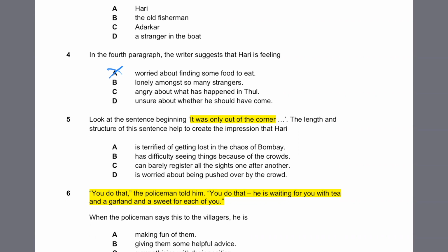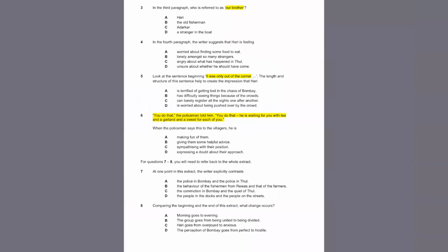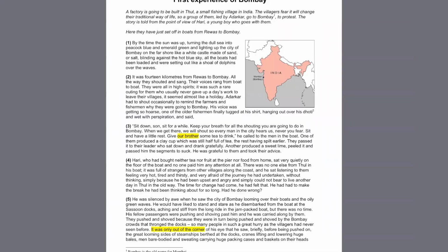B, he's lonely amongst so many strangers. Yes, there's no doubt that he is feeling a little bit lonely amongst many strangers, but he doesn't think mainly about that, right? It was a quick consideration at the beginning of the paragraph, but as the paragraph goes on, you can see that Harry's feeling something that's a bit deeper than just simple loneliness, right? In fact, would we say that the emotion of loneliness is a bit too strong to describe the way he's